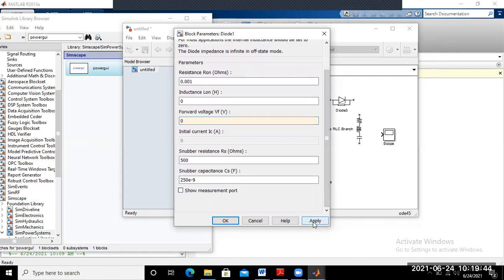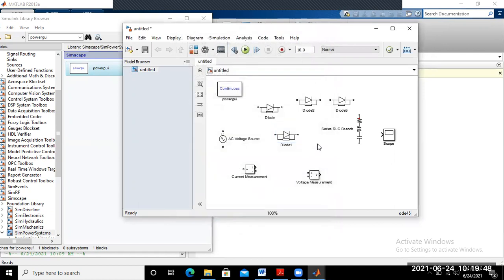Again apply and OK. So this is how we can change their specification.